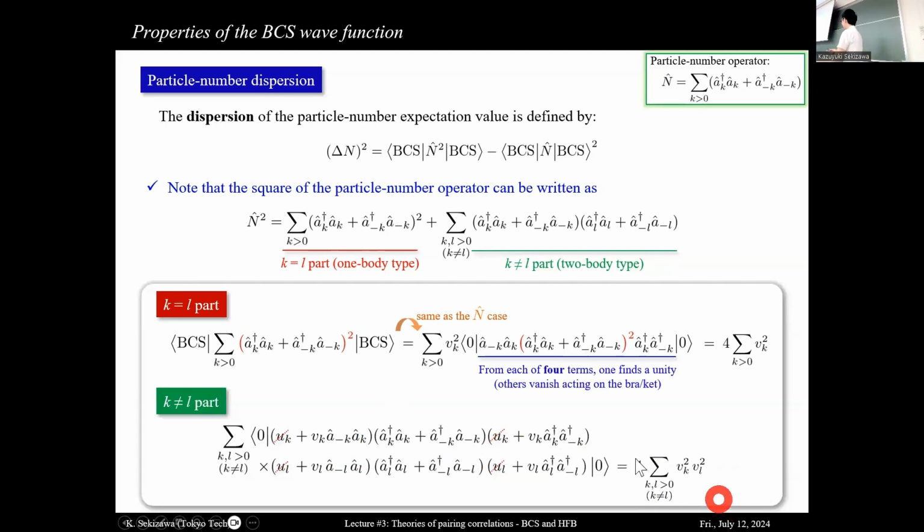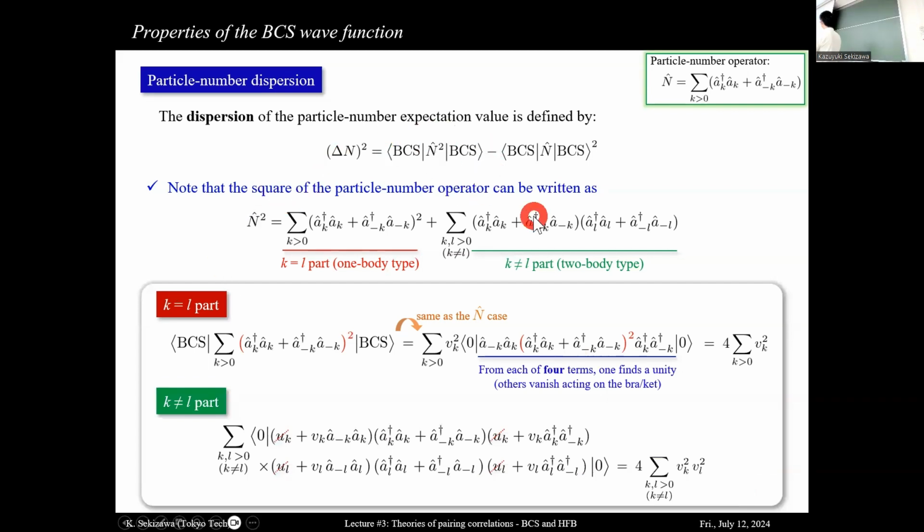So, and again, if you use anti-commutation relations, you can find that only k and minus k will remain, and it provides the unity in the end, and you have 4. So let me summarize. Now what we did is to